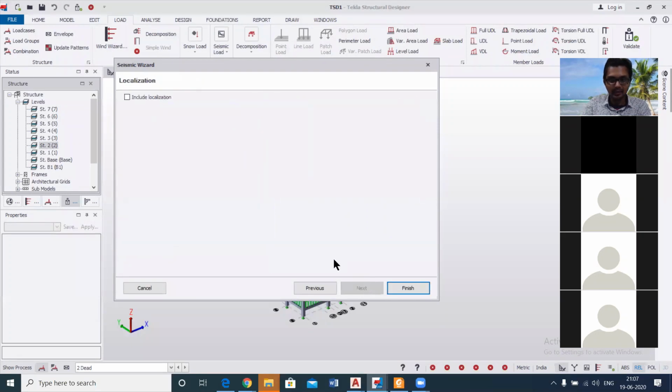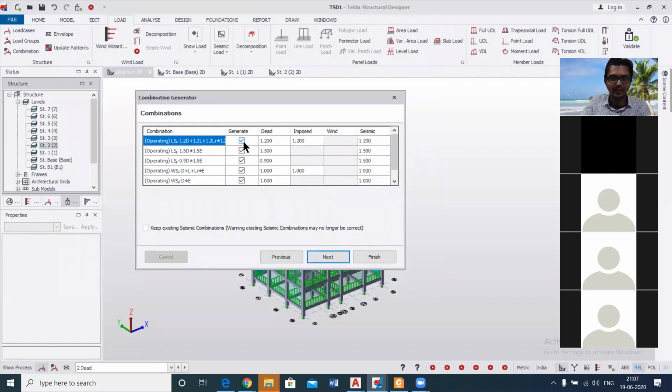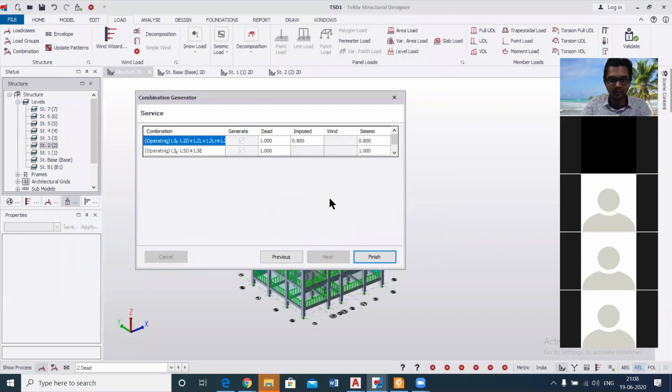And the earthquake load also takes into account the live load and the dead load. Based on it, it makes some combinations. So basically we're making these combinations here. You can see these are the combinations which are generated by the earthquake load. We're simply untaking all the WS part, which is the working stress method, because we want to design it by limit state. The working stress method is a very conservative one. It will give you a larger section. So we'll go with the limit state method.